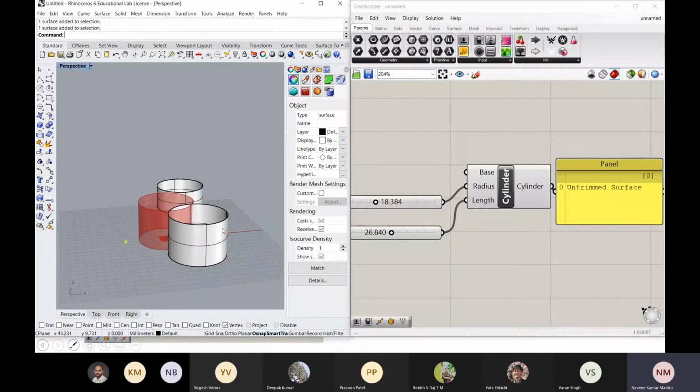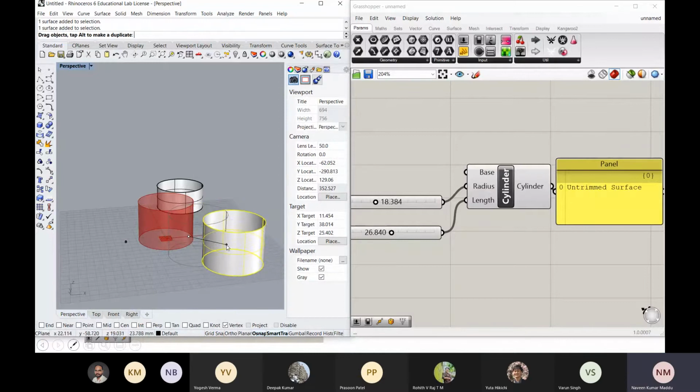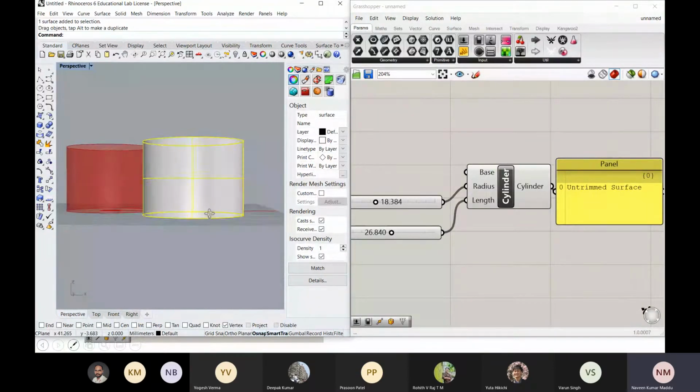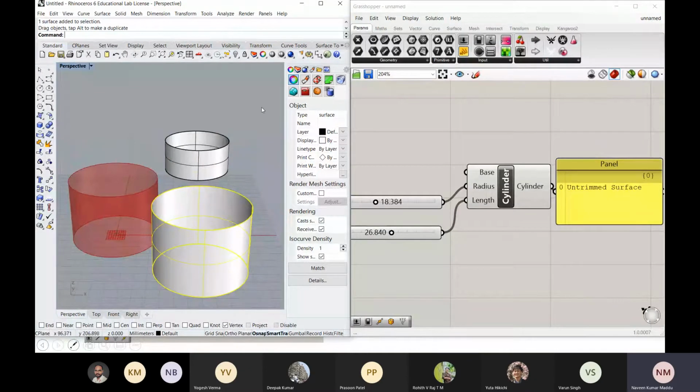Did we just plainly drag the thing, or is there any command to move it? This one, I am just dragging it with my mouse here. Okay, and it goes along the same plane, right? Yeah, you can even change the plane. How could I do that? There is one thing called Gumball.